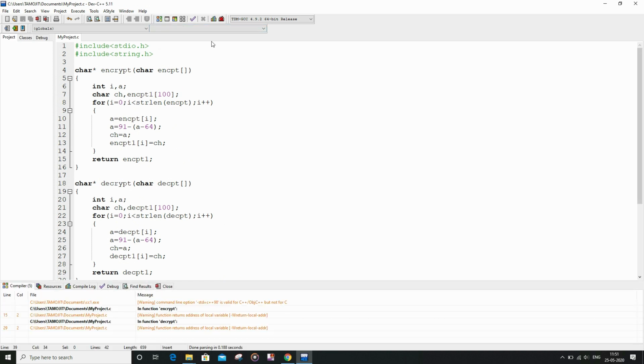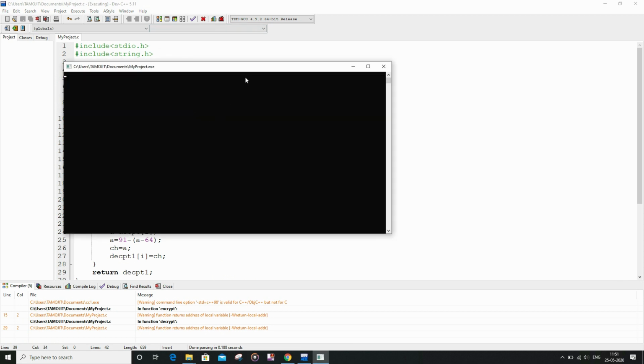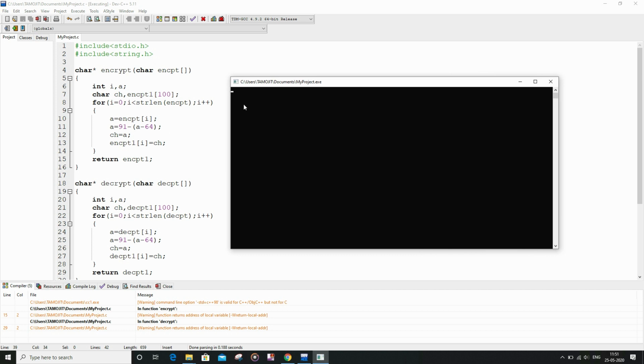So we had got 0 errors. And so it is telling to enter plain text. Let me write the same thing, that is hello explorers. And as you can see, the encrypted text is an unreadable format text, and the decrypted text is basically the plain text which we received or which the user sent us as an input.